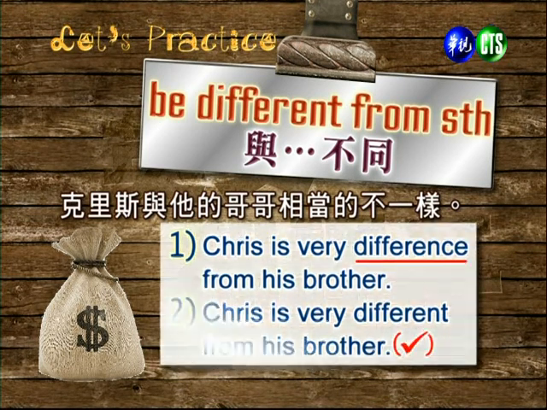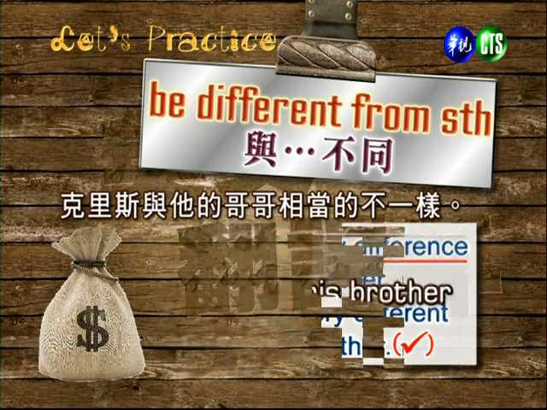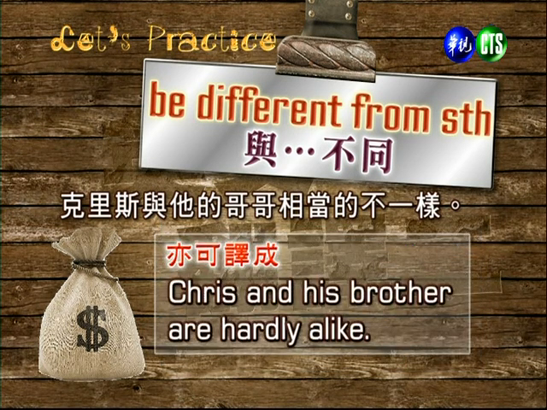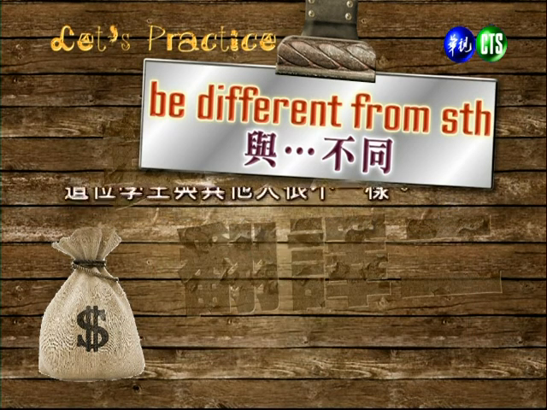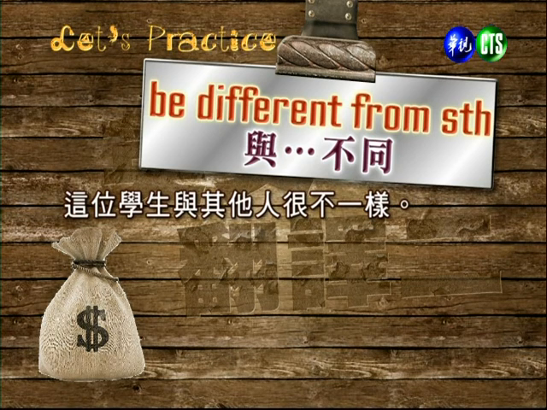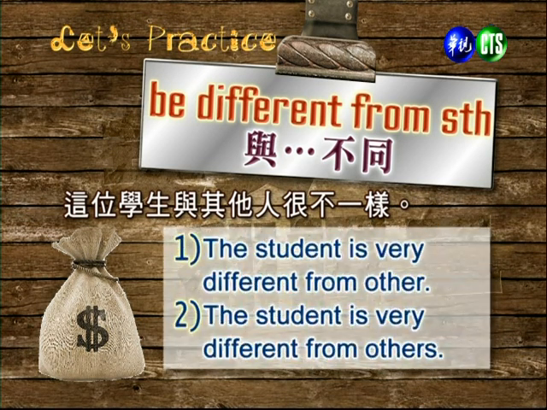哪边有错？You need an adjective here, not a noun. So 对，the second one's right. 要形容词是 different，这 different 是名词，不对哈。好，我们看另外的翻法。Chris and his brother are hardly alike. 啊，几乎不相像，hardly 几乎不的意思哈。看下一句，这位学生与其他人很不一样。